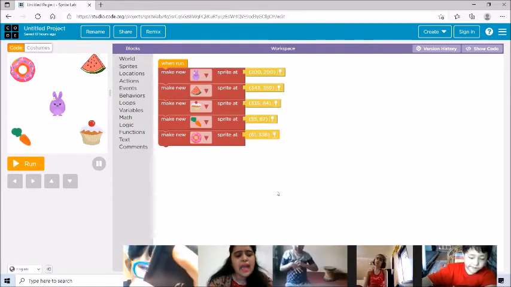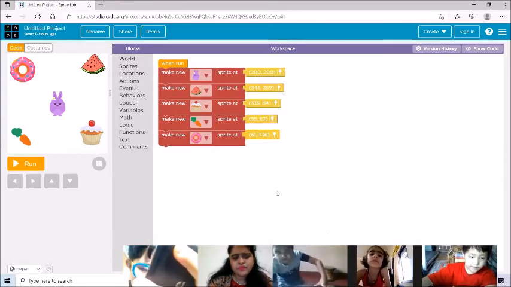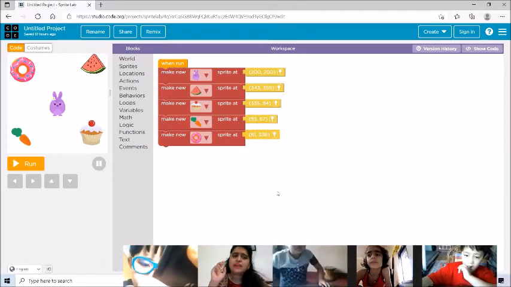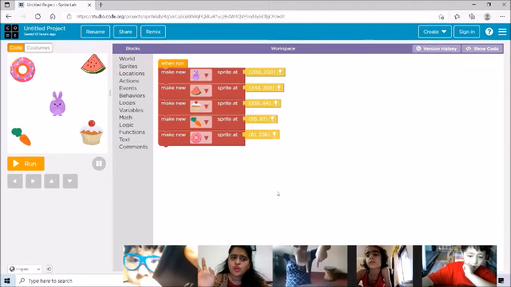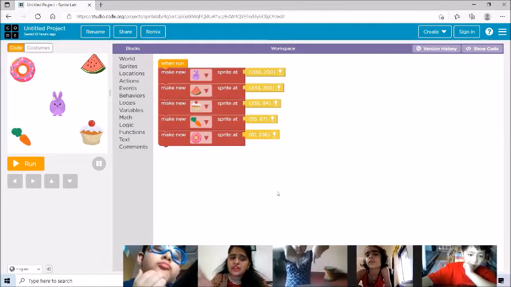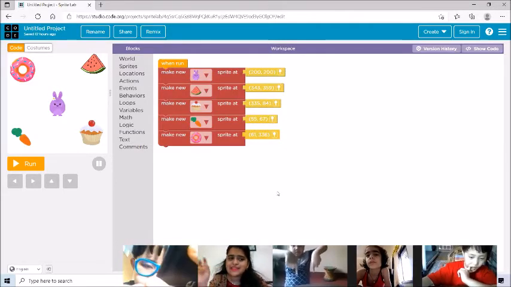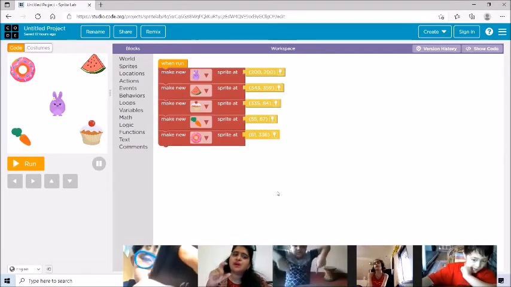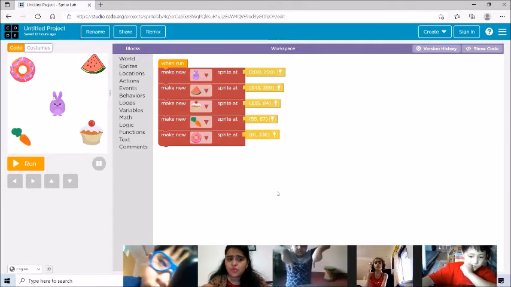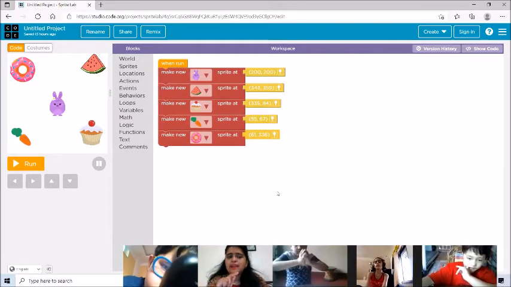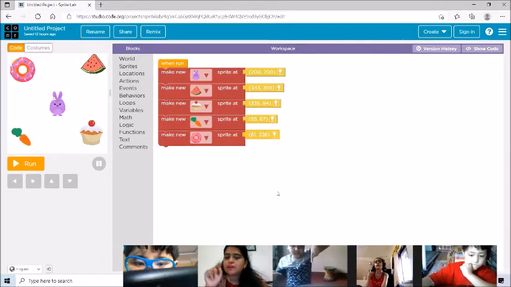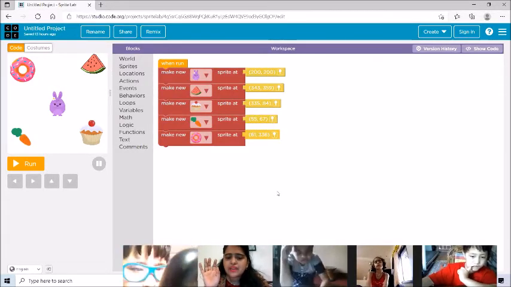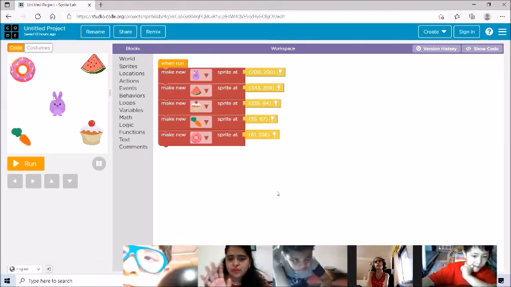The purpose of our app is that the bunny is going to move on the screen, and when he touches any of the healthy food, then the screen will turn green and it will be written on the screen, this is healthy food and you can eat it. Okay. And when the bunny touches any of the unhealthy food, like in this case, we have donut and cupcake, here what will happen? The screen will turn red, and what will be written on the screen? Unhealthy food and you cannot eat it.